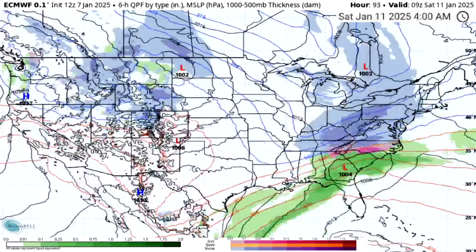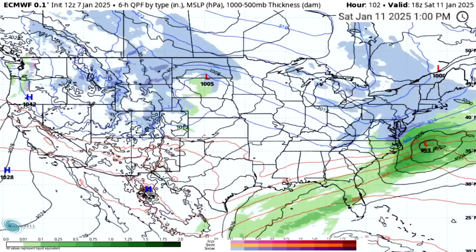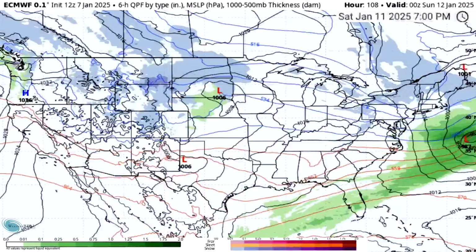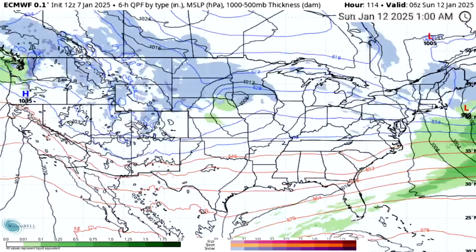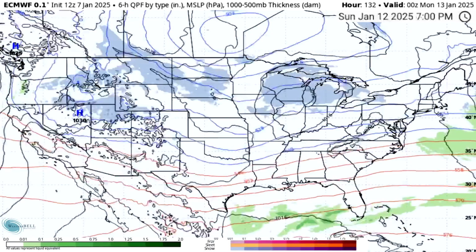We could see that if it moves in quicker, the jet stream would carry it a lot closer to the coast here, something like this. But because it's so late, the jet stream continues to move offshore eastward. That storm gets kind of shoved by that jet stream out to sea, and we end up with a flatter jet stream here, which it kind of follows in. So that's the European model solution as of 12Z today, the afternoon model run of January 7th.